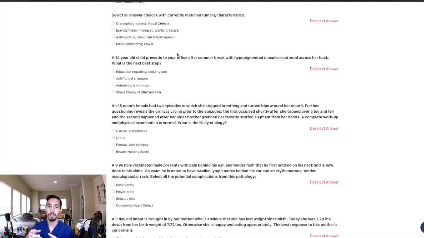more CSF production, and then also they can clog the channels, causing an obstructive picture. So it can be almost a mixed picture at times, and that would increase the cranial pressure. Astrocytoma and malignant transformation, this is actually the incorrect